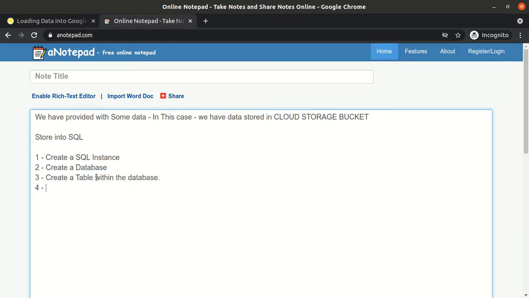Once the table is created, we need to load, or you can say import, the data into the tables. Once the data is loaded, we will run some SQL queries to get the data.